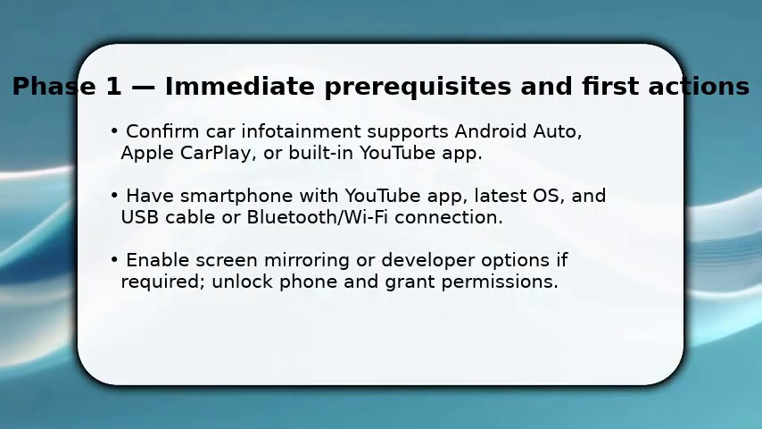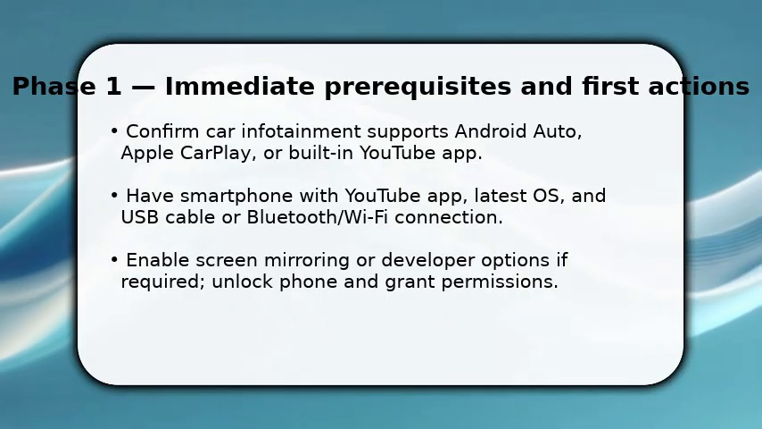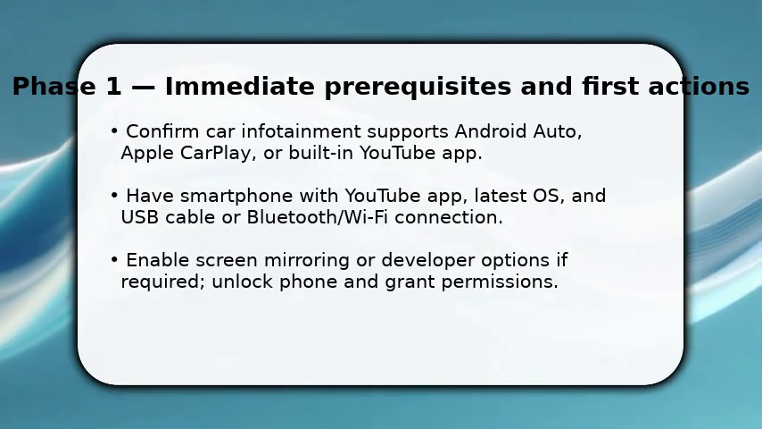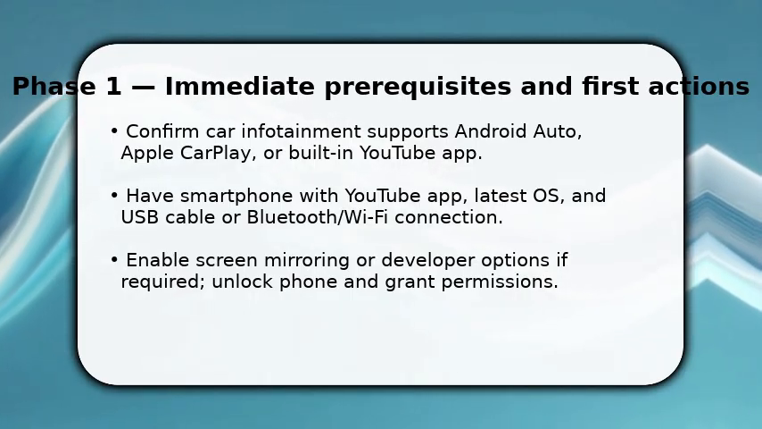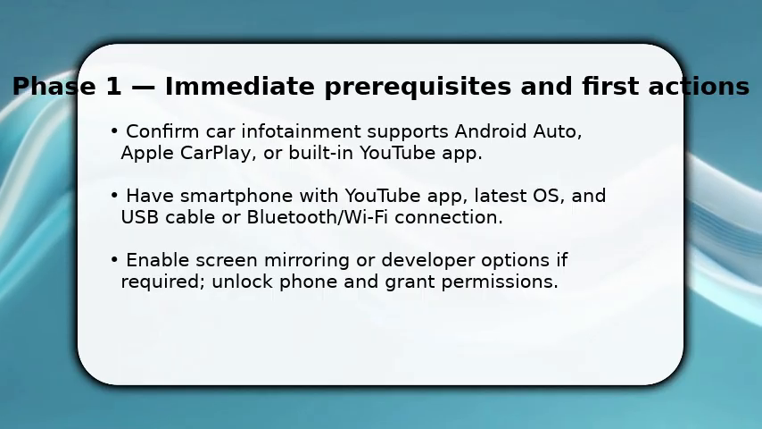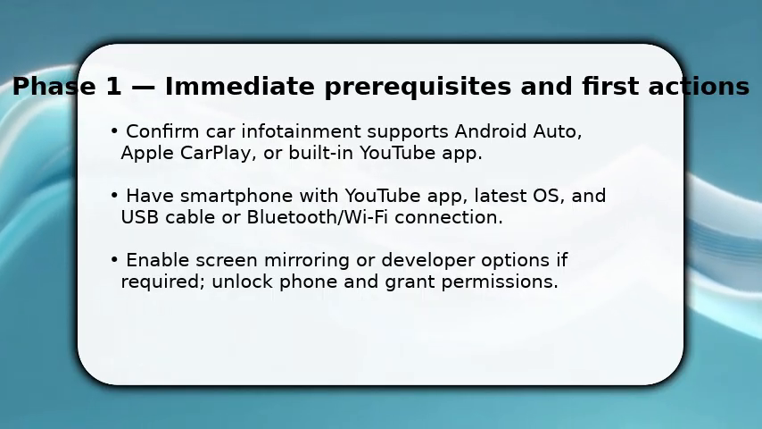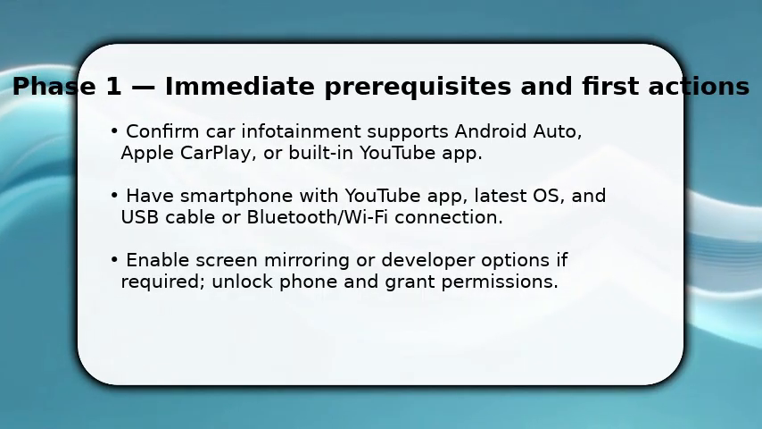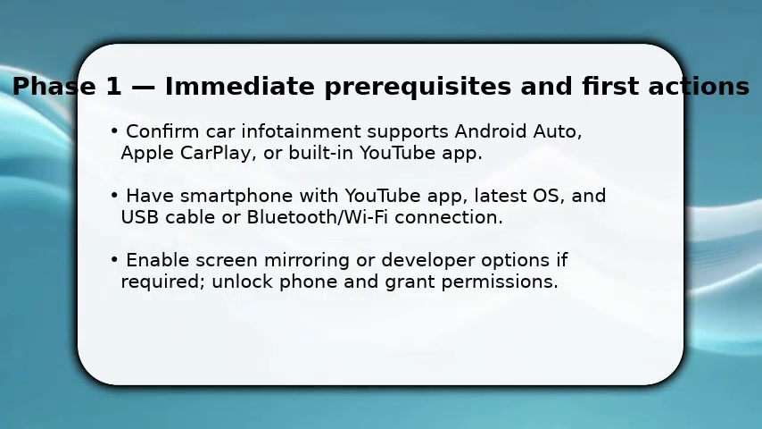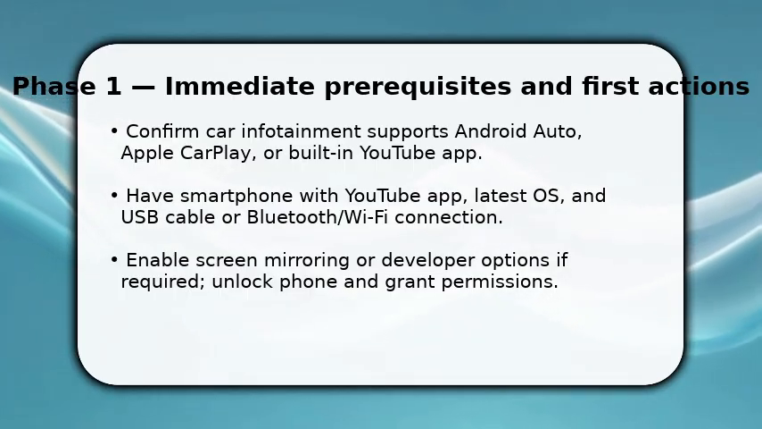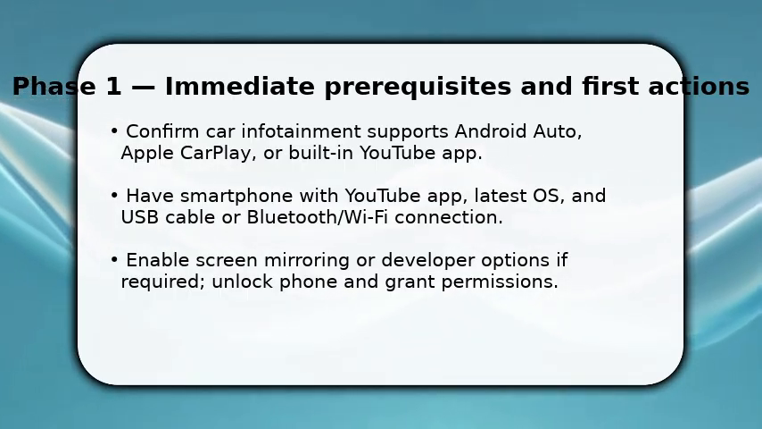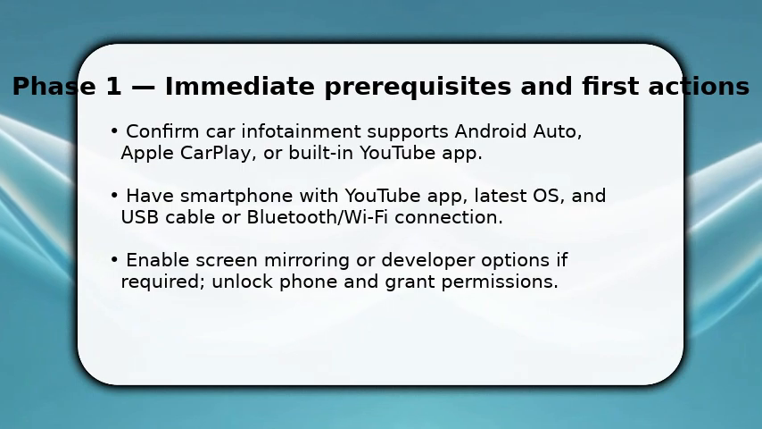You start by confirming your car supports Android Auto, Apple CarPlay, or a factory YouTube app because compatibility dictates the method. Once done, plug the phone with a quality USB cable or pair over Bluetooth/Wi-Fi and make sure the YouTube app is updated. You will grant permissions on the phone, media, location, and screen sharing, so the head unit can access audio and video. From here, tap the car interface to accept the connection and move to the next configuration